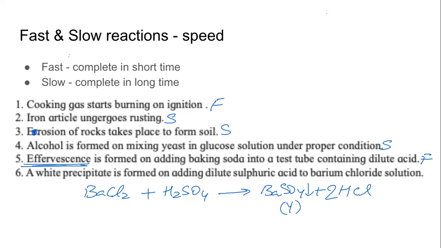So these are some examples of fast reactions and slow reactions. It's very easy. What is more interesting is what we are going to study next. First, let us understand, confirm, agree that some reactions are fast and some reactions are slow. We are seeing the examples right in front of us. Rusting takes days and months. Igniting the cooking gas takes not even a second. So some reactions are fast, some reactions are slow.